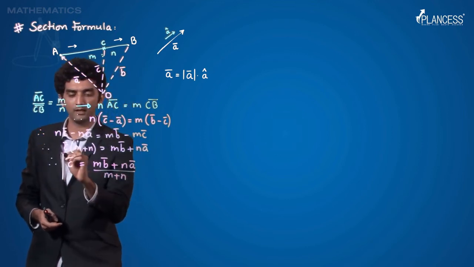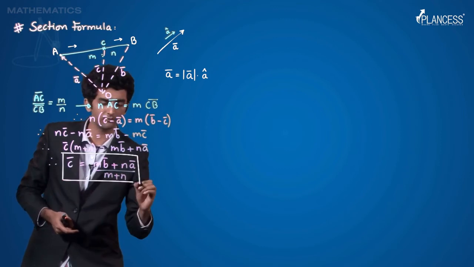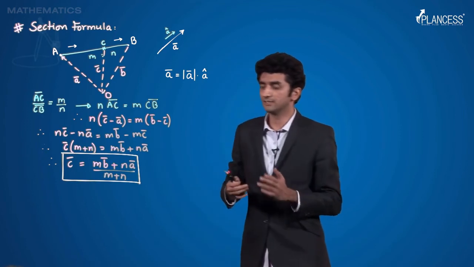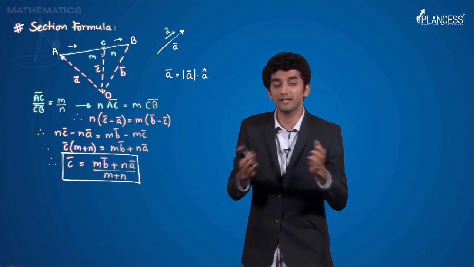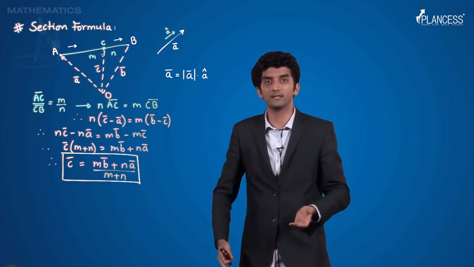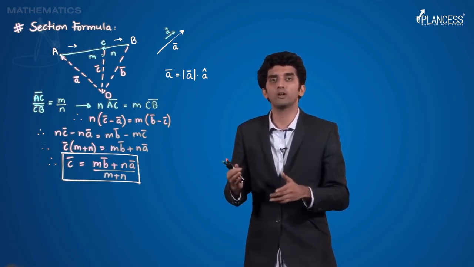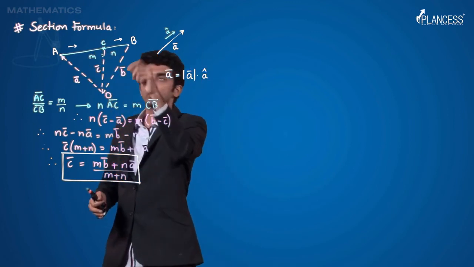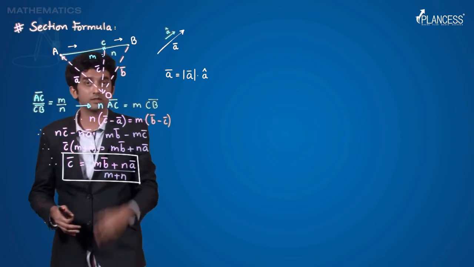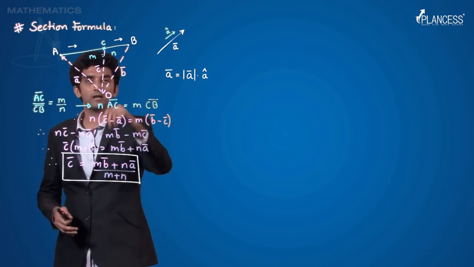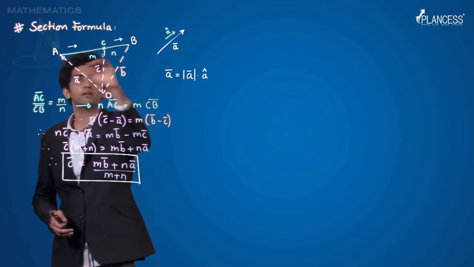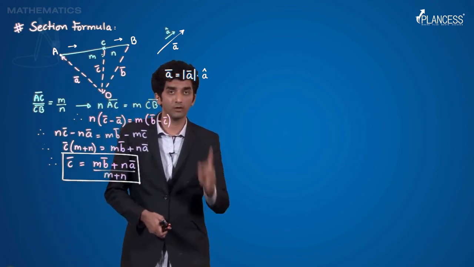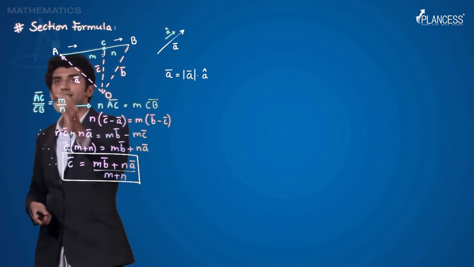Does this formula look somewhat similar to what we have learnt in coordinate geometry, the section formula in coordinate geometry? Yes, it's just that there we have two different coordinates, m x2 plus n x1 upon m plus n, comma, m y2 plus n y1 upon m plus n. We need to understand that m gets multiplied with this component, n gets multiplied with this component. That is what is happening here as well. m b bar plus n a bar upon m plus n. That is what we have learnt there as well. So this is the section formula for internal division. We need to be careful about that thing as well.